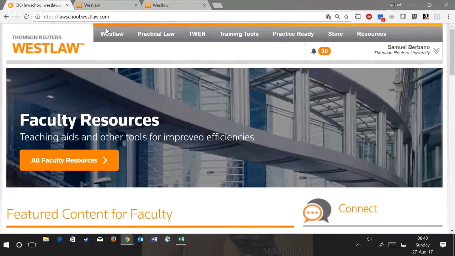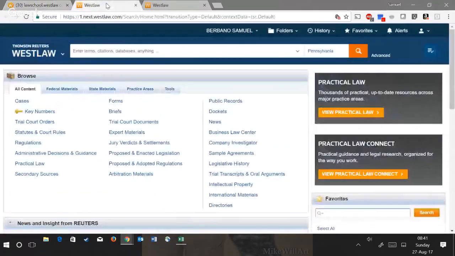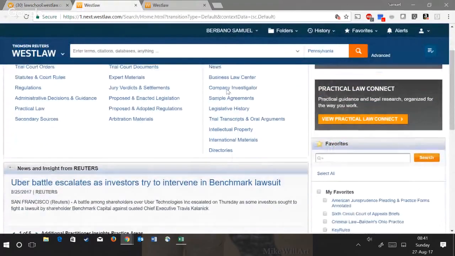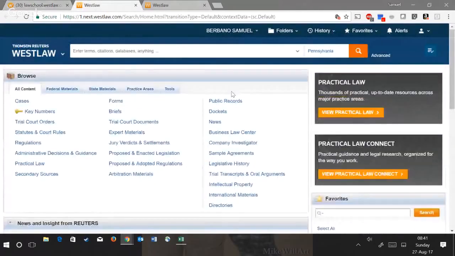I was at Duquesne last Thursday and Friday speaking with the 1Ls about the basic research process on Westlaw. We learned about accessing Westlaw from the lawschool.westlaw.com site, left-clicking on Westlaw in the gray bar, and how the big blue bar, the West search bar, stays at the top of your windows and searches all of the unique IP